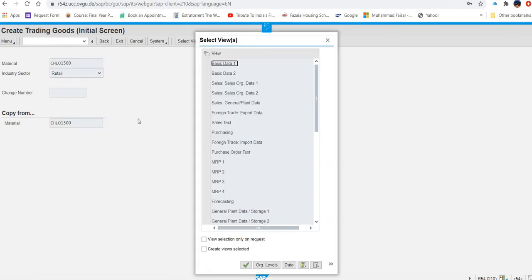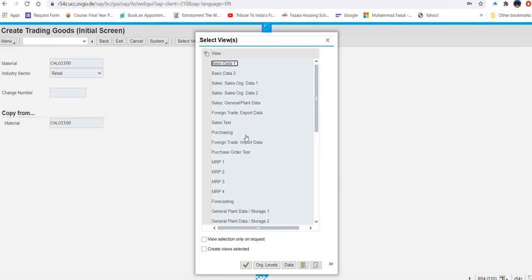Now you can see, once you press enter, in organizational level window, now they are saying you have to enter selected views, 3 sales views, make sure the indicator create view selected is checked.